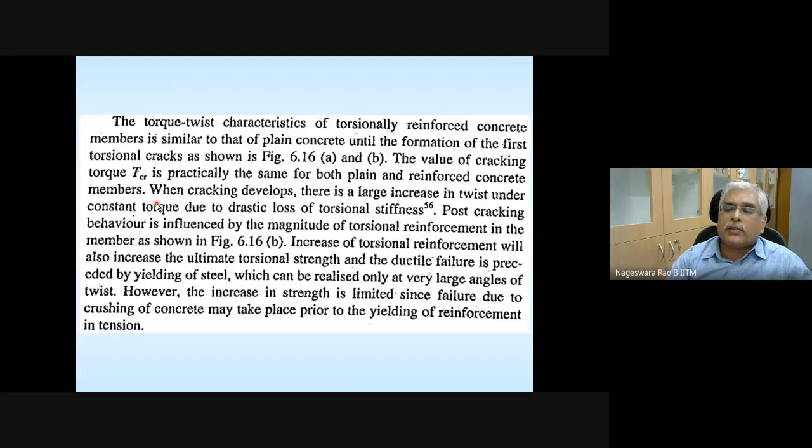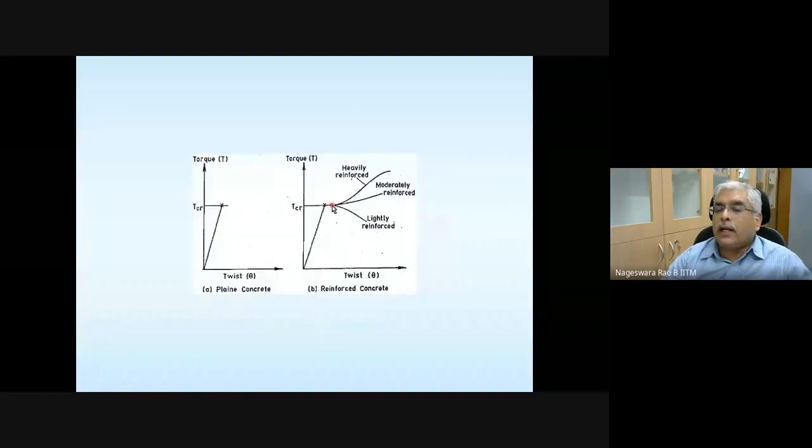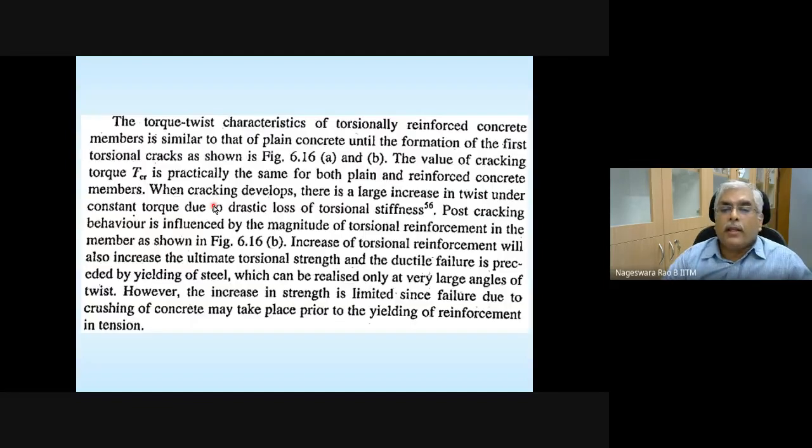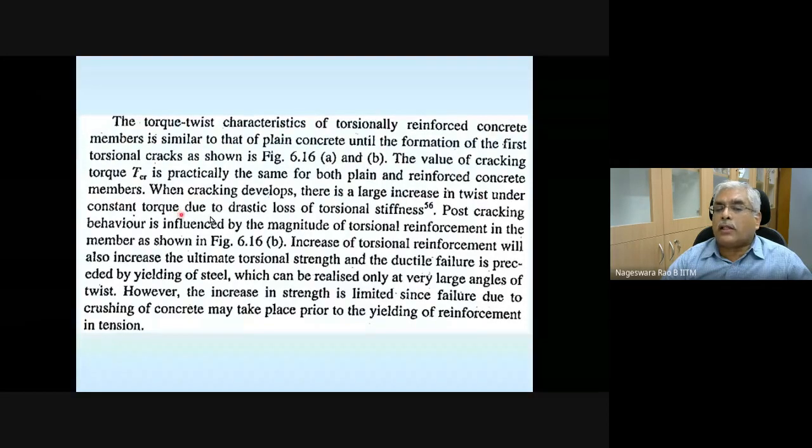It's going to actually depend on the tensile strength of concrete. When cracking develops, there is a large increase in the twist under constant torque due to drastic loss of torsional stiffness. You can see here that after cracking, the angle of twist increases even with a small amount of torque.